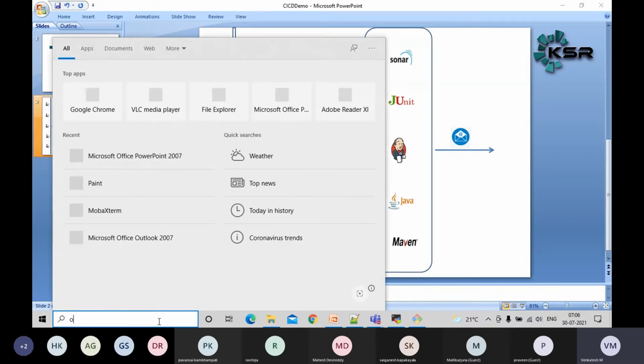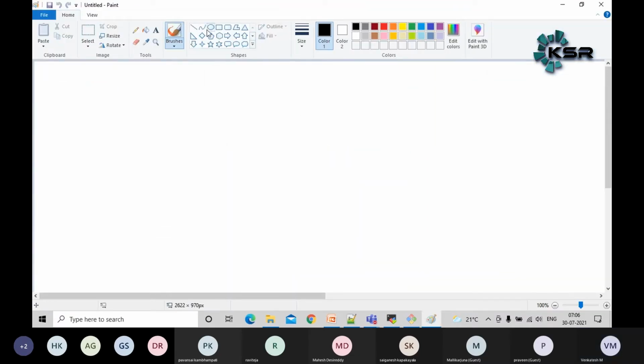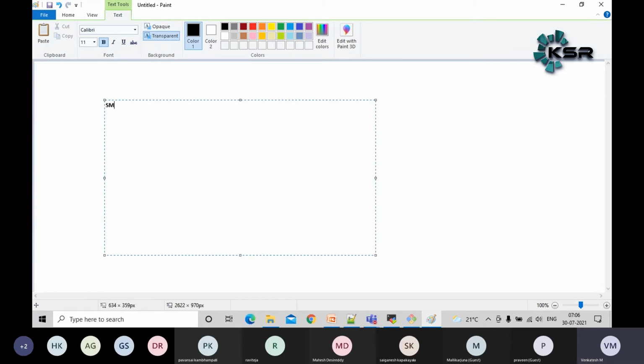So let me discuss that SMTP. There will be different SMTP servers, guys. Organization-specific SMTP servers will be there. That means when you see people who have mail IDs, say like KSR consultant, something like this, this is from the organization, guys. We will have a separate SMTP server that may be shared by GoDaddy, that may be shared by Gmail, anyone. Otherwise, we can also host our own SMTP server, guys.